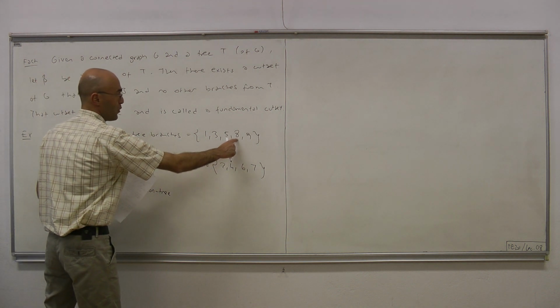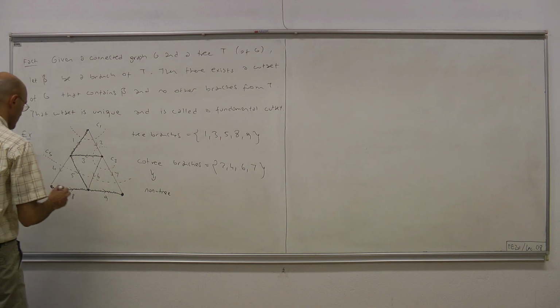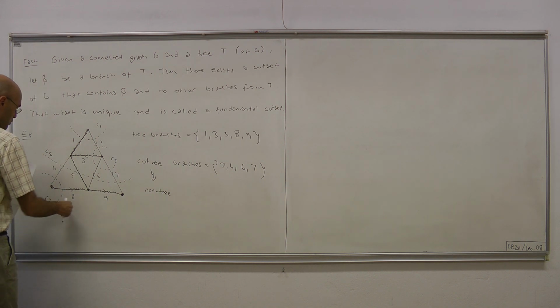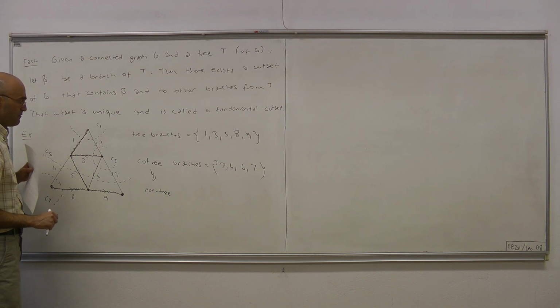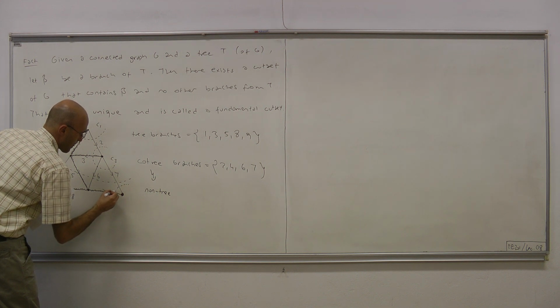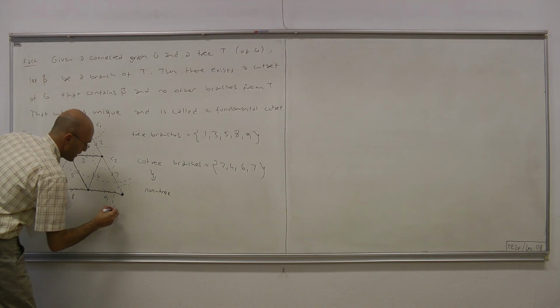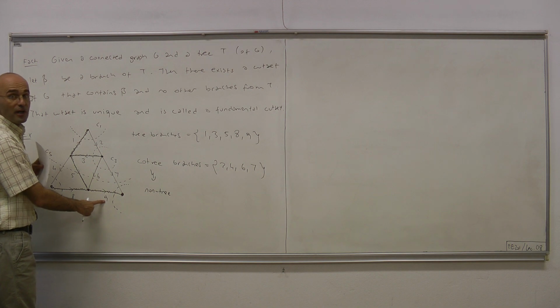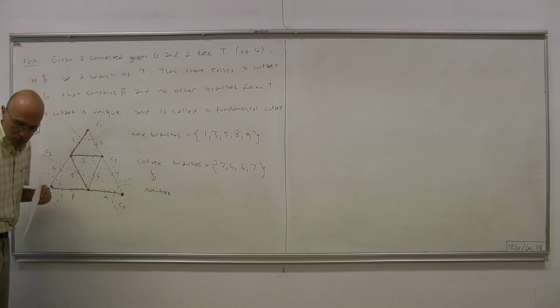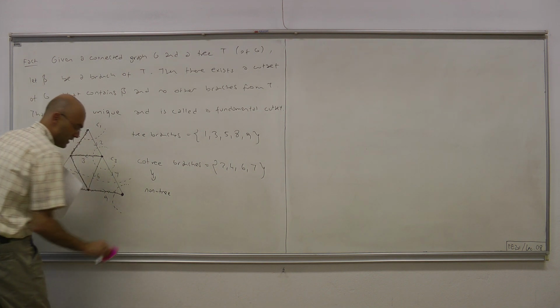And move on to the next tree branch, branch 8. It's this C8 that contains 8 and 4. And finally, the cutset for branch 9 contains branch 9 and branch 7. So this is C9. Those are all the fundamental cutsets